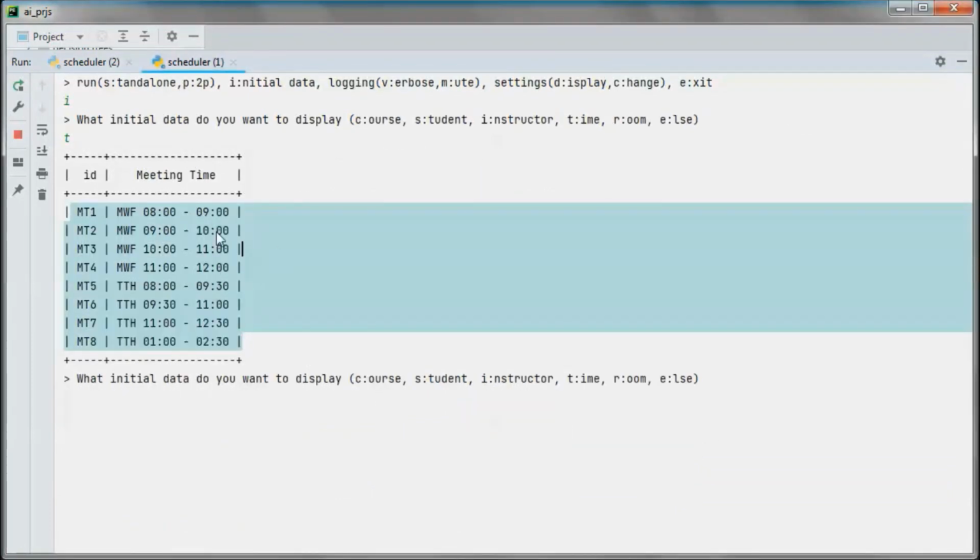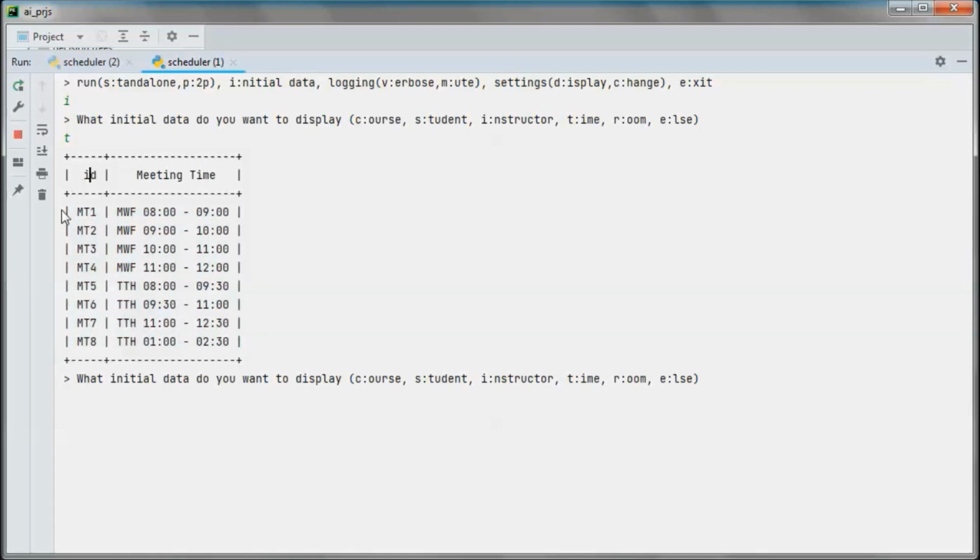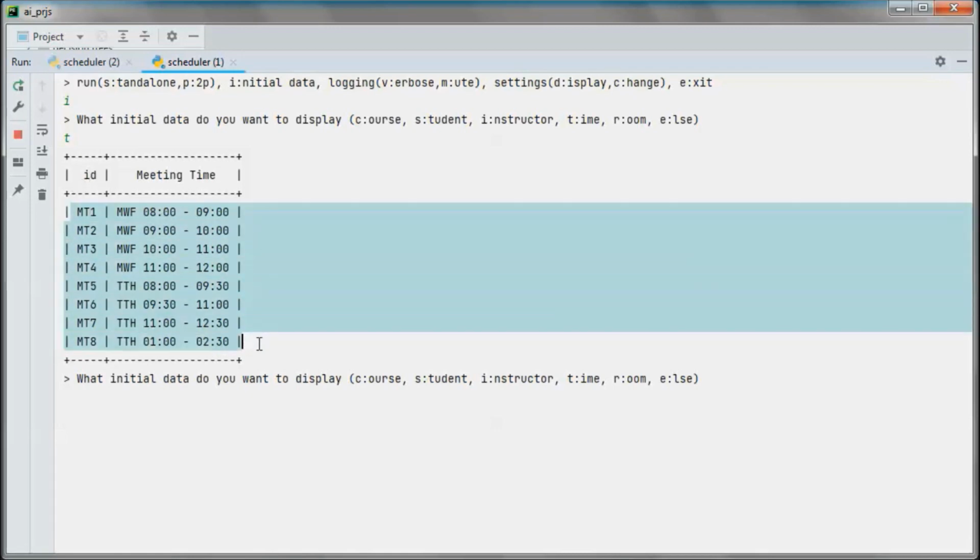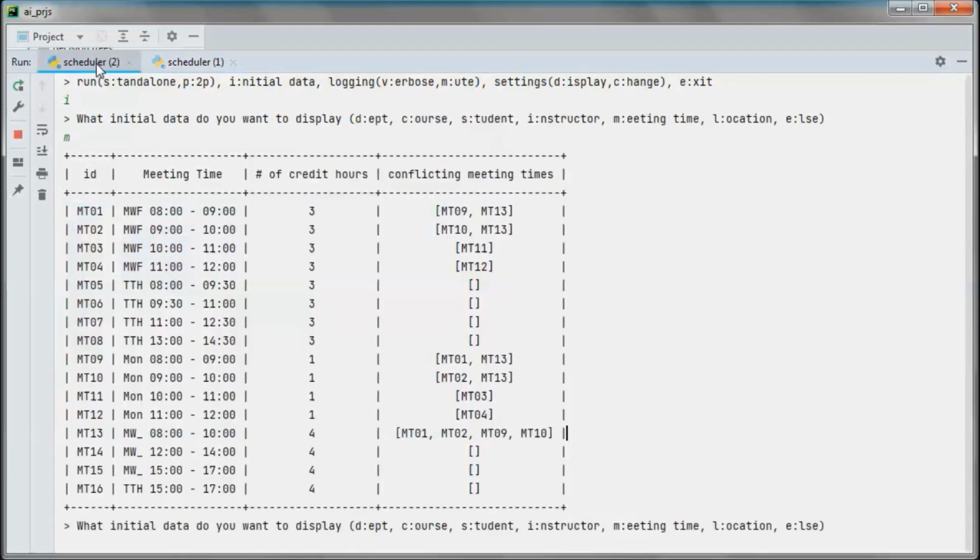And here in the old version we do not have any conflicting meeting times, whereas here in the new version we have conflicting meeting times. So those two meeting times conflict with meeting time 01.